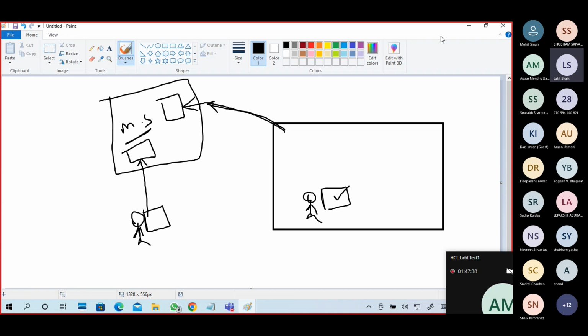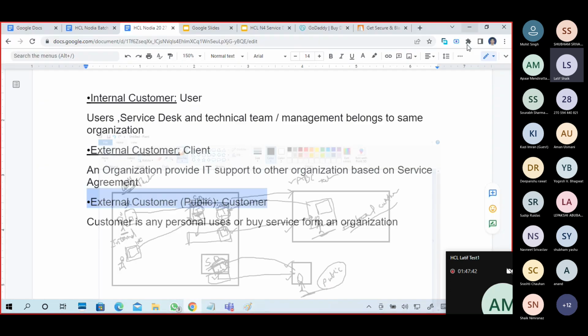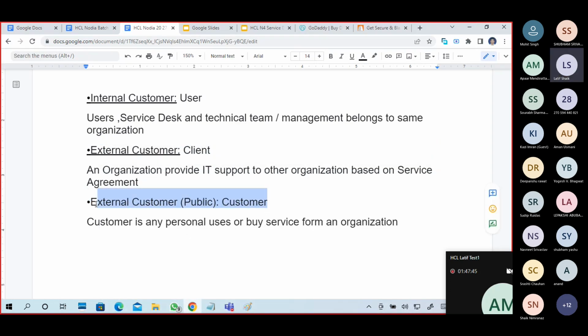That's the difference, guys. Customer care or IT support does not always mean a public customer. Most of it is external customers, which means an organization. It can be an IT organization or a non-IT organization. We are providing a certain service to the customer, to an organization, so we need to give support. Any issues that occur, any inquiries, any changes required, we can handle from our organization.